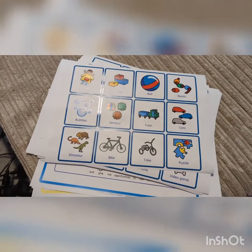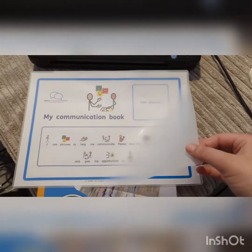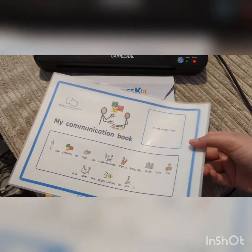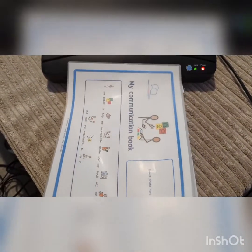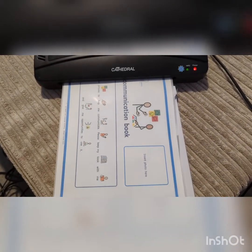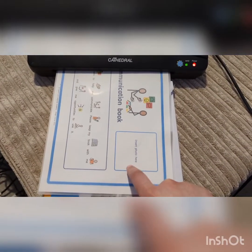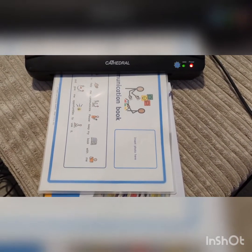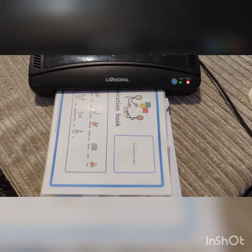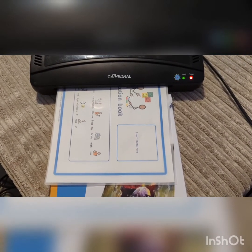Next, you're going to want to place your pages into laminating pouches like this one, and then you're going to need to put them into your laminator to seal those pouches. Now if you don't have a laminator or laminating pouches, you can use sticky back plastic, or you can ask your child's school or nursery setting, as they are likely to have a laminator and will possibly be able to